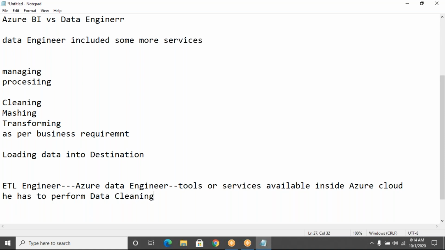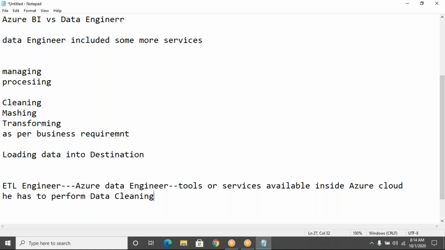He has to make sure the data is ready for the reporting. He has to make sure data is in a proper way to do the analysis. So if you want to perform any kind of reporting and analysis or visualization, the data should be in a clear format. So who will take care of this data processing, and the data being in a clear format? That is the Azure Data Engineer.